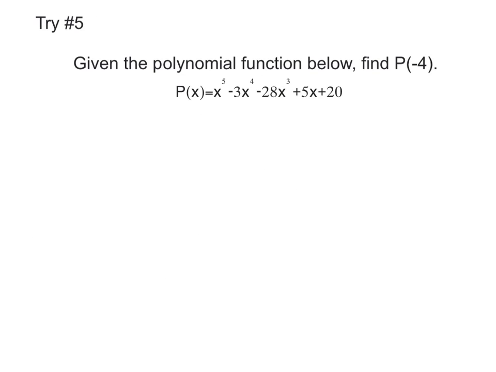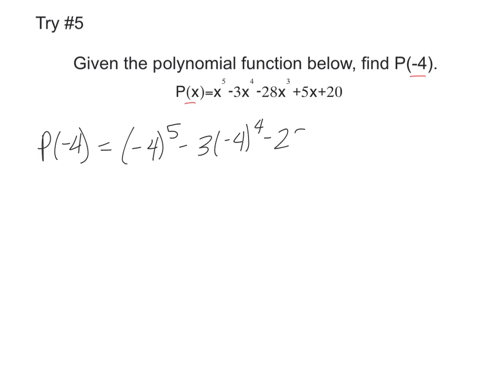This one now is p of negative 4. So remember, you're replacing x with negative 4. So that becomes p of negative 4. And you've got to be careful with the integers. Be sure that you're always substituting using parentheses. That's negative 4 still, plus 5 times negative 4, plus 20. All right, negative 4 to the 5th